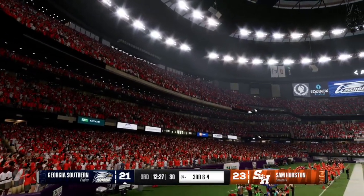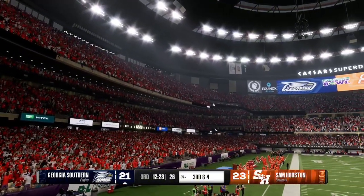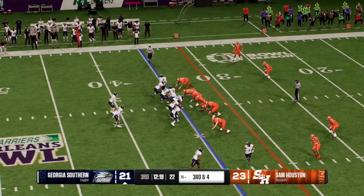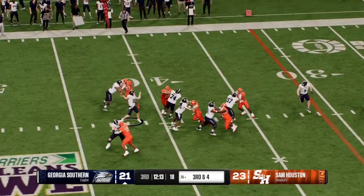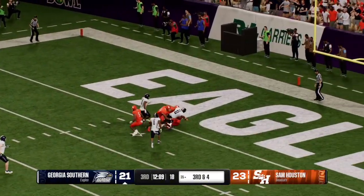And you sell pass, and you want to sneak the draw in there. The idea is to get those defensive linemen, Palmer, running up the field. But it's almost like they knew what was coming, and they shut that down quick. Yeah, and so you're running the play. It's not going to be a great look defensively. As a quarterback, then, you've got to do a real good job of trying to sell pass. And I think he just...